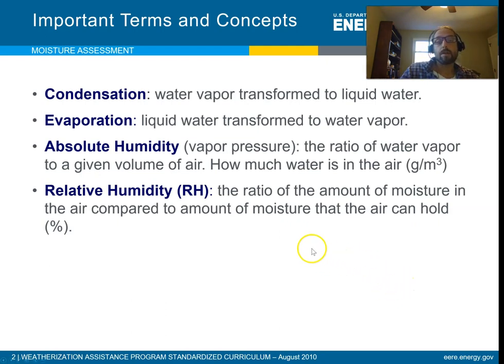And so if you have a certain amount of absolute humidity in the air, and then let's say you warm up the air, because that air can hold more moisture, then the ratio of the absolute to the maximum possible humidity drops. Okay, so the relative humidity basically tells you how close we are to 100% saturated